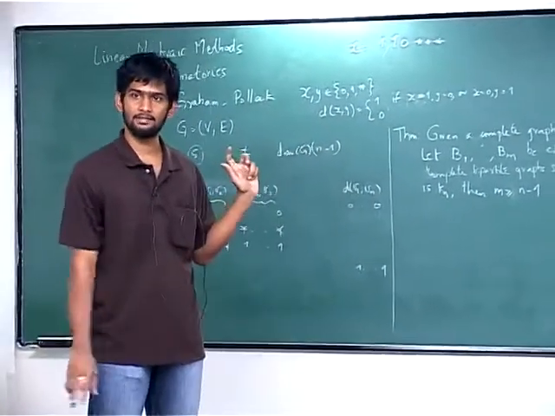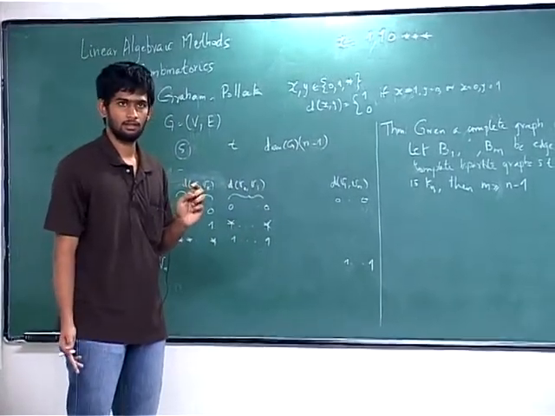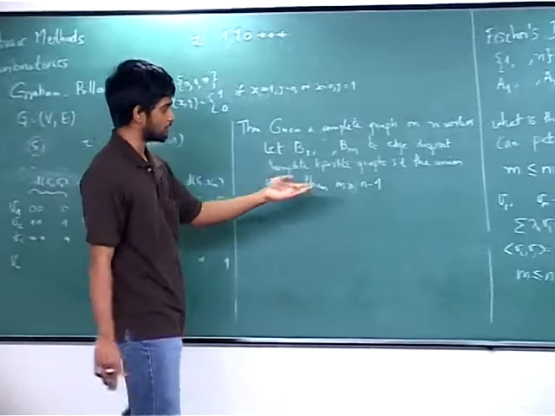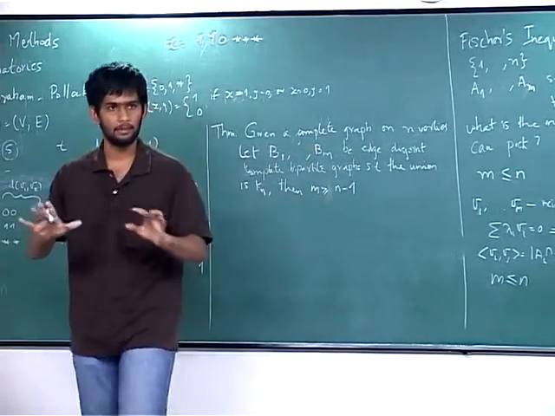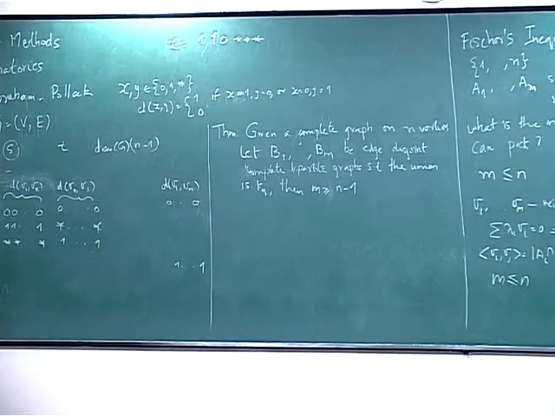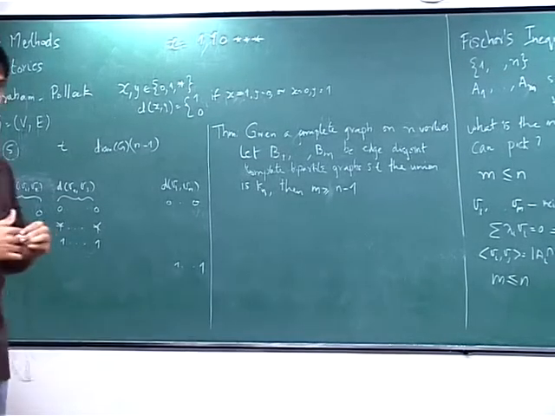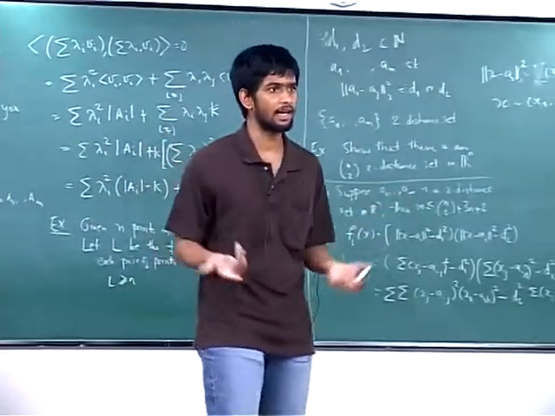So you know what a complete bipartite graph is. Can you show that n-1 is enough? I mean, yeah, for this thing n-1 is enough. With n-1 complete bipartite graphs, you can cover the whole graph. No, it need not have the whole vertex set. It need not have. It can have. It doesn't matter.